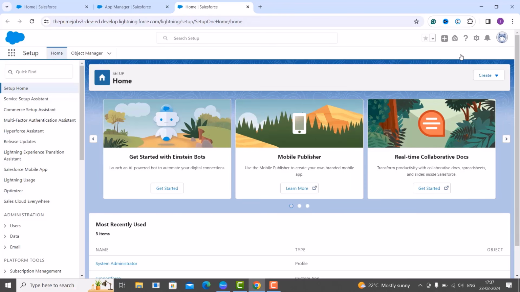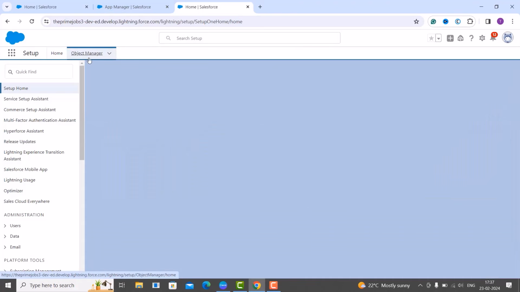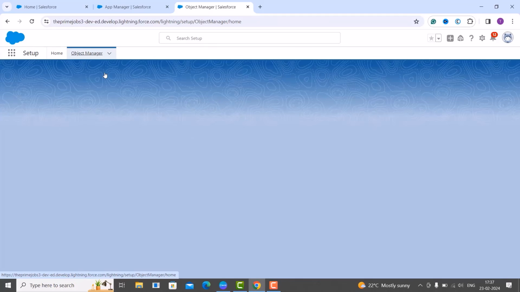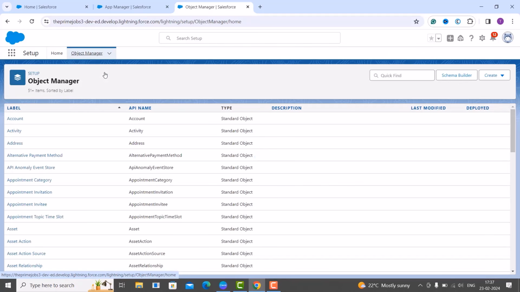So now you have reached the main home setup page of Salesforce Lightning, and we are learning how we can create an object in Salesforce. Okay, so now your first step is, on the home setup page, you need to click on the Object Manager option that is located on the top of the navigation bar. Here you can see that this is the Object Manager option. You need to click on that, and once you click on that it will take you to the page where